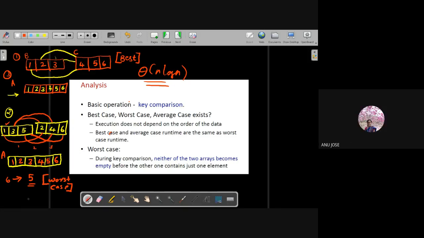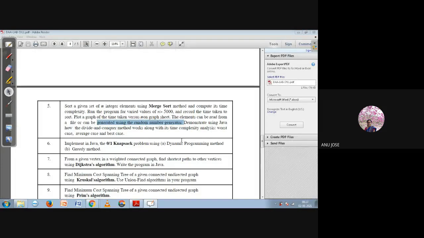Okay. So this is the best case and worst case scenario. Now we will be directly looking into the question itself. When you read the question, you get to know that it is asking for a few more things you have to do. Maybe in Quicksort you have already done that. It is asking you to run the program for varied values of n and draw a graph corresponding to that. What is the graph indicating?